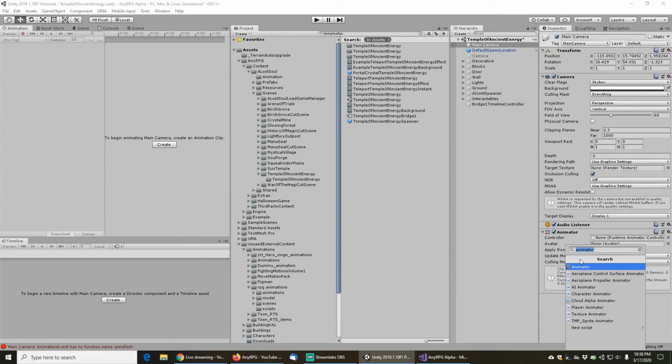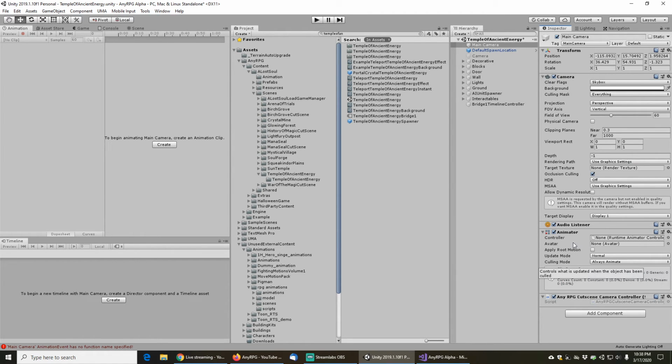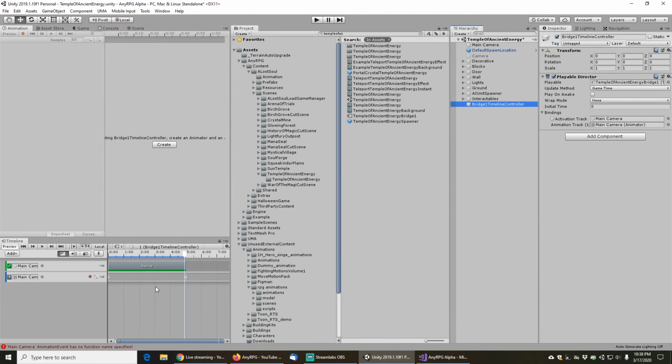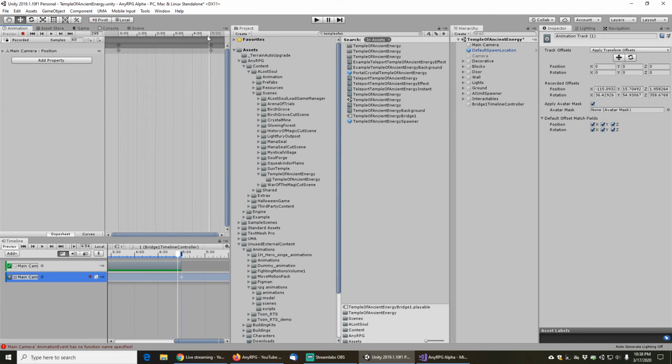We can add the component AnyRPG Cutscene Camera Controller. We can go back to the timeline, zoom in a little bit here, double click on the animation, remove that from the animation,